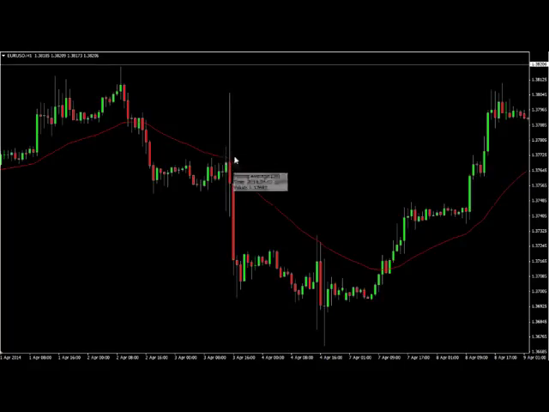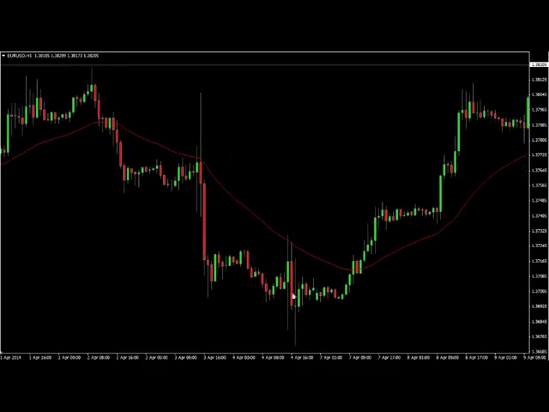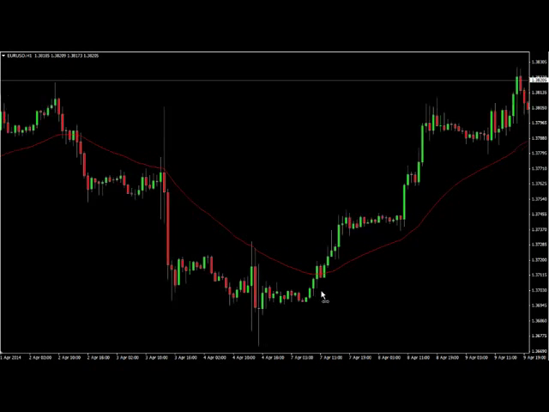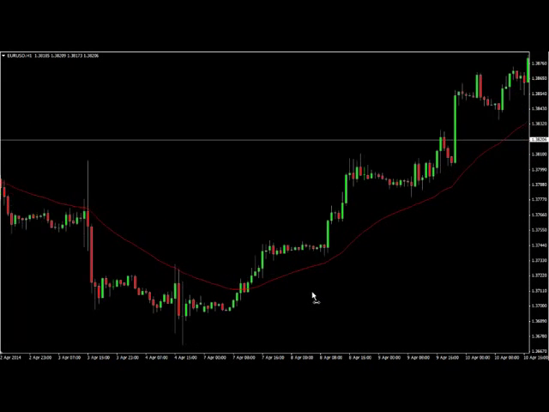We have a very, very strong test of this moving average. It doesn't break. And then we continue down and do the exact same thing here. So this has been broken and tested two times for it to become a level of resistance. It's resisting price. And as it goes through it over on this side, not only does it create a trading opportunity, but we actually have it become a level of resistance again, or support, excuse me. So you'll see,